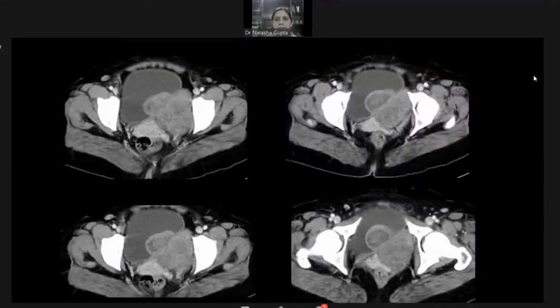So first we have a CT. So just have a look and describe the findings. Ma'am, these are the axial CECT images at the level of the bladder. Here we can see that predominantly in the location of the left posterolateral bladder wall, we are seeing that there is this well-defined lobulated heterogeneous mass, which is having an intravesical component and a very large extravesical component, which is extending outwards. Apart from that, I am not able to make out the left distal ureter here.